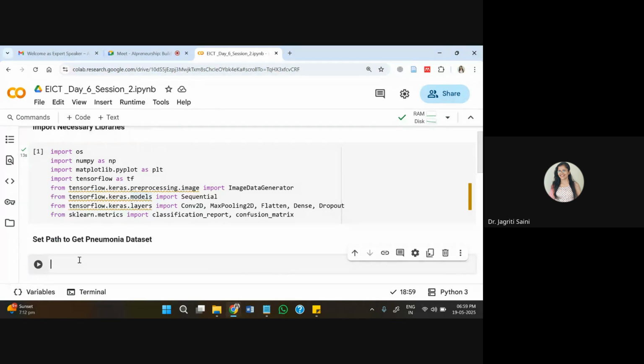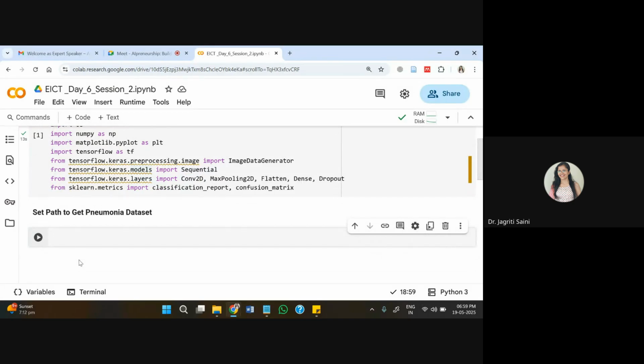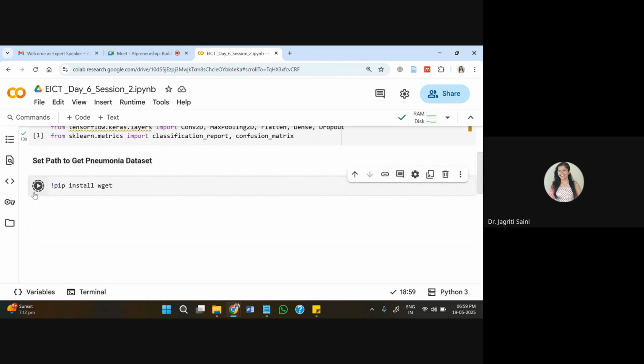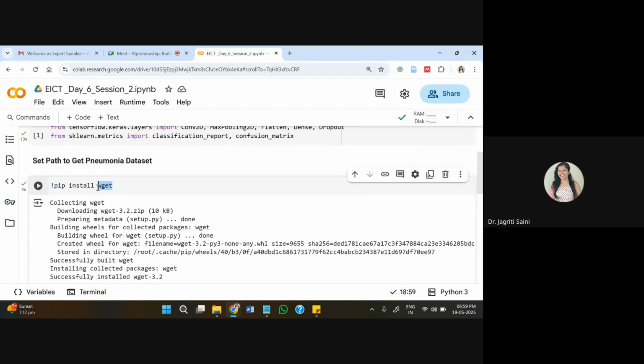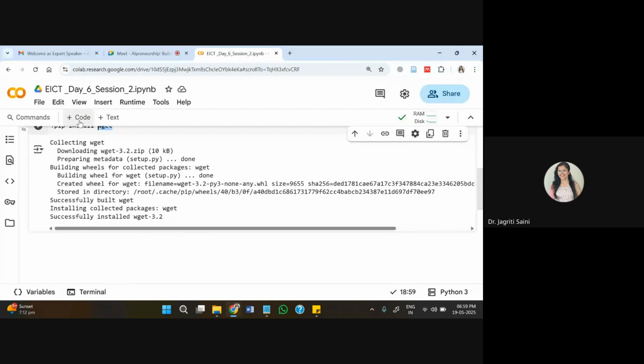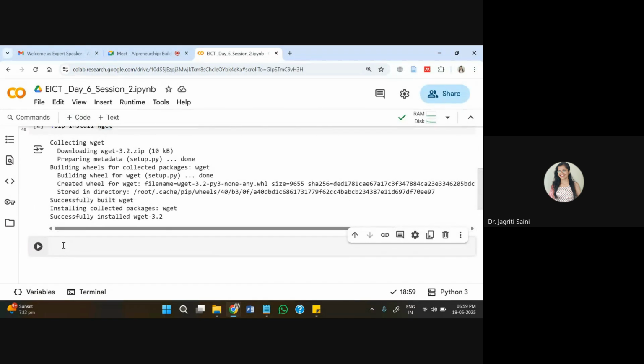As I told you, I'll get data directly from a URL. For this, I'll need the wget package from Python repository. So first I'll install this. This wget may not be available by default on Google Colab platform. So I'm first installing it, and then I'll be deploying it here.